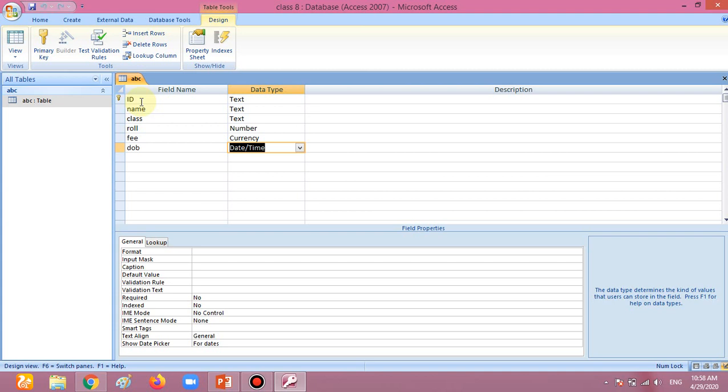For example, your admission number is not the same as another student's. Every student has a separate admission number. That's why the ID has the primary key and it does not have the same number in two rows. Okay, or the same digit in two rows. So that's why we are using a primary key.